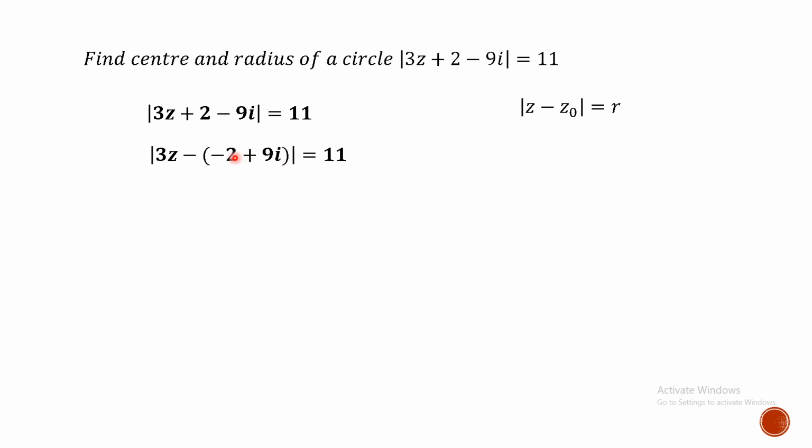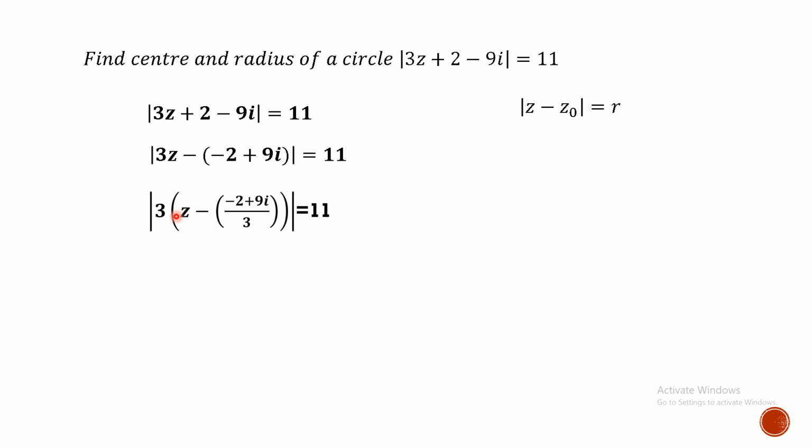So we brought the equation in this format somewhat. Again, we have to have only z in this place, in this front place. So let us try to take 3 commonly outside between these two terms. Right. Let us try to take 3 commonly outside. If we take 3 commonly outside, then it will become 3 into z minus of minus 2 plus 9i divided by 3. Right. If you multiply it, you can see you'll get the same thing. 3z. If you multiply with this, 3 and 3 will get cancelled and you'll get the same thing here. So now 3 is taken commonly outside.